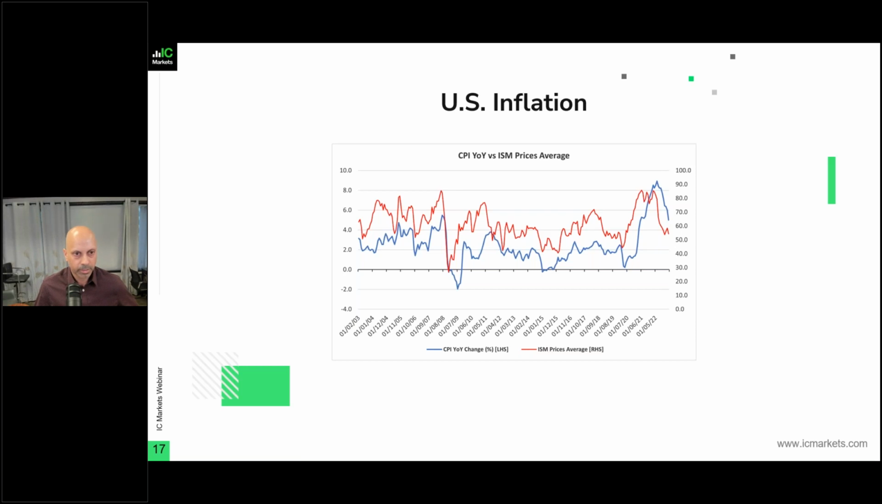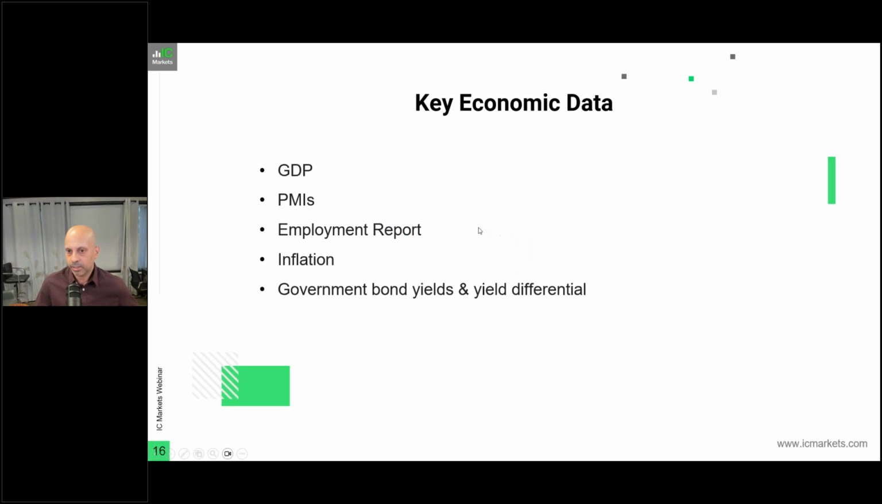Okay, we have about 5 minutes left. This is talking about US inflation and key economic data. So for inflation as well, right? Let's just go back to